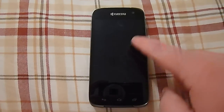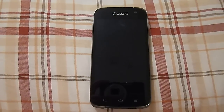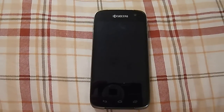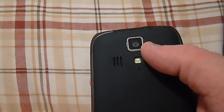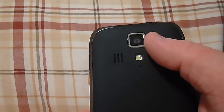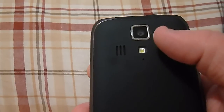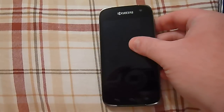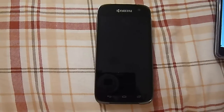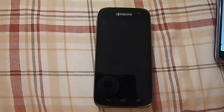It's got a 4.5 inch display at 540 by 960 resolution at 245 ppi. It does have scratch resistant glass. It's got an 8 megapixel camera on the rear with LED flash. It does have a number of features on the camera. It records in full 1080 HD at 30 frames per second, and it does have a 2 megapixel front facing camera. This phone is running a 1.2 gigahertz quad core Snapdragon 400 processor with 1.5 gigabytes of RAM